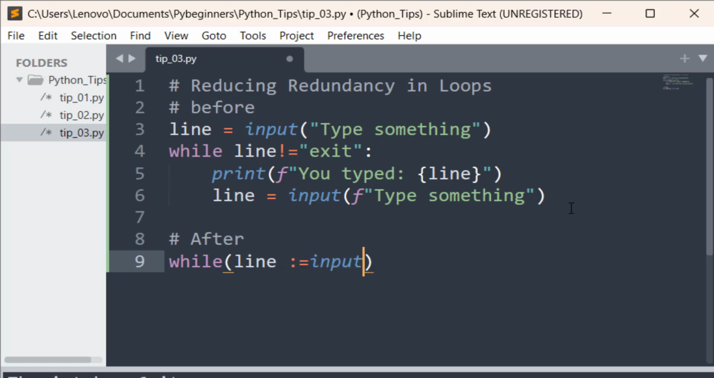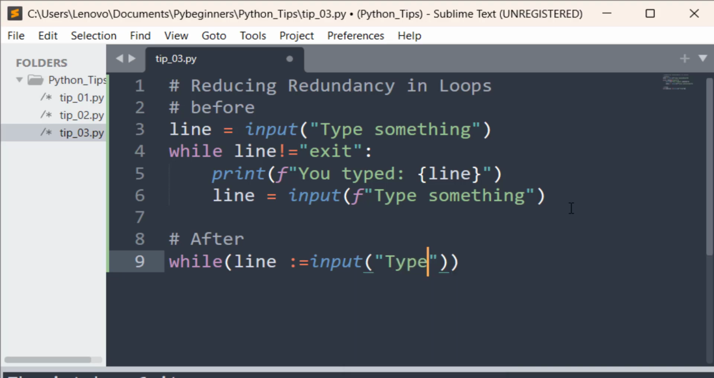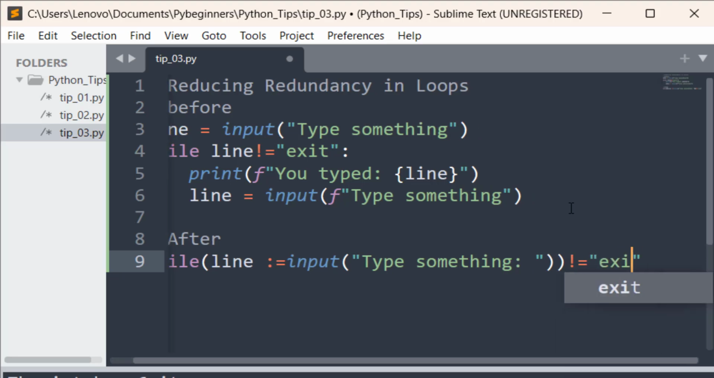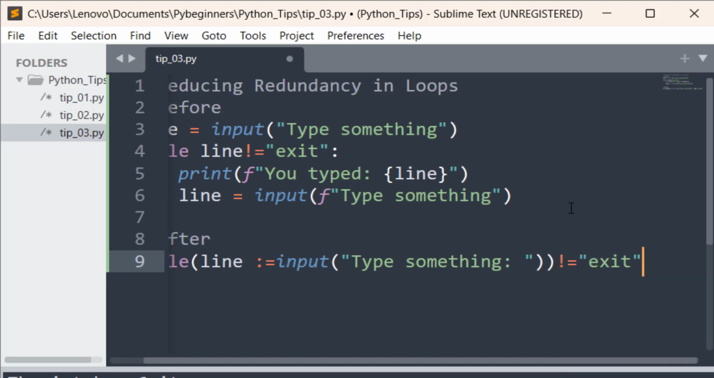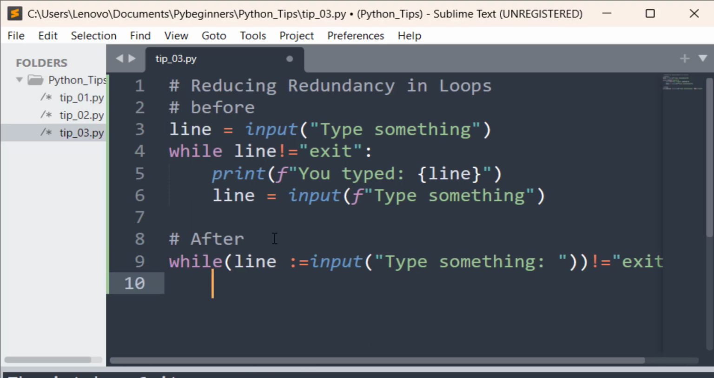Let's say input, open and close, do like this, and we can say type something. Perfect. Okay, let me give dot and give it a little space. Now we can just see different. Now let's create the condition. Different of what? Different of exit. Oh sorry, we can just come here, dot, and boom, enter. And after that we can just say this. Okay, print